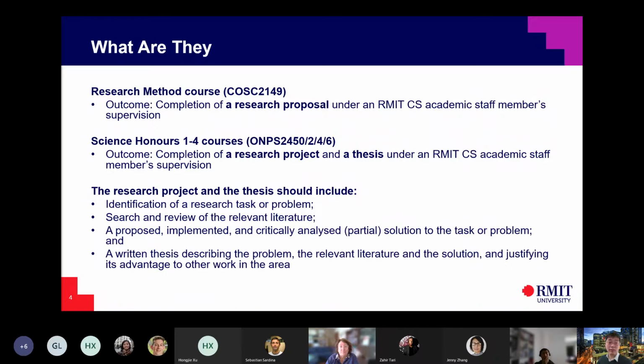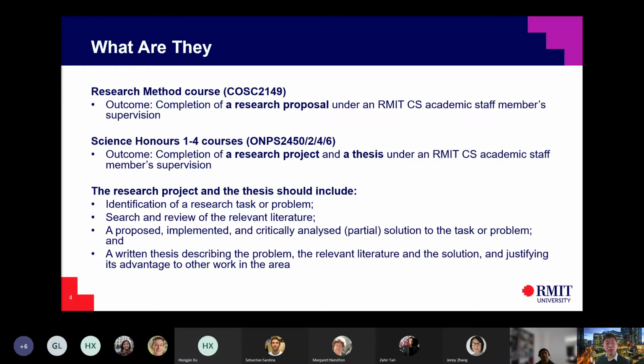For the research method course, the expected outcome is to complete a research proposal under an RMIT computer science academic staff member's supervision. For the 4 science honors courses,